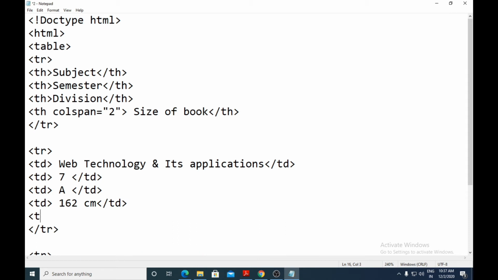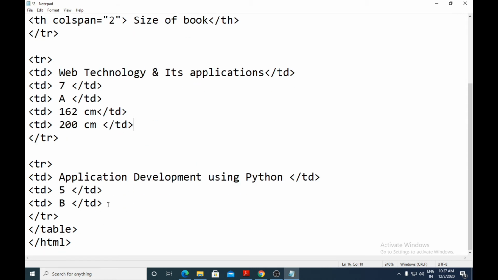And then 200 centimeters as the height. Same thing I'll do for the second row: td, 140 centimeters, slash td, 200 centimeters.